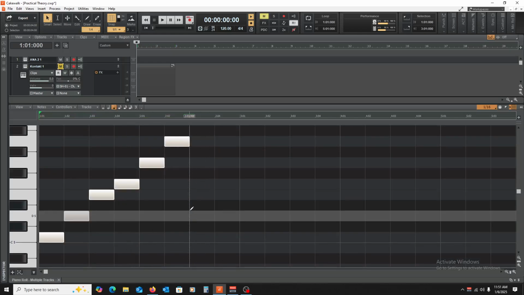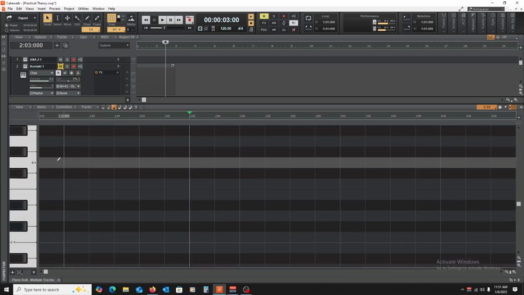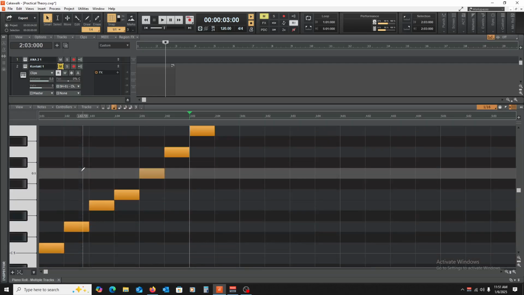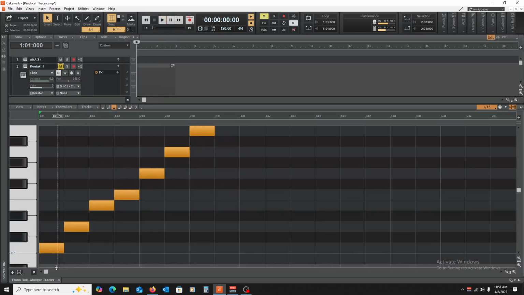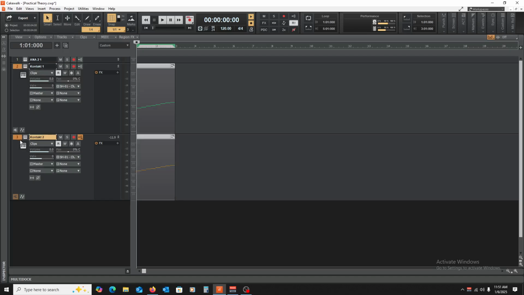Okay. The reason I had to move it up an octave is because a violin doesn't have a register down below this G there. So we're just going to bring it up an octave, and here's our violin. All right. Playing the exact same thing, just an octave up. And then we are going to convert both of these to audio.